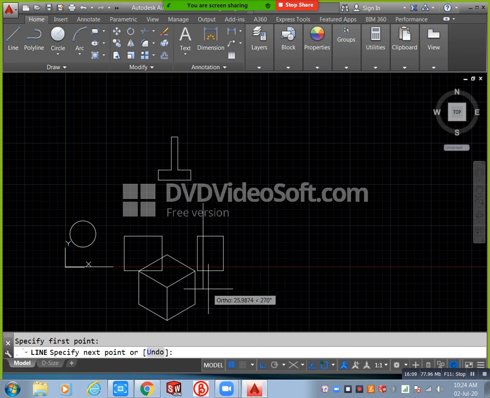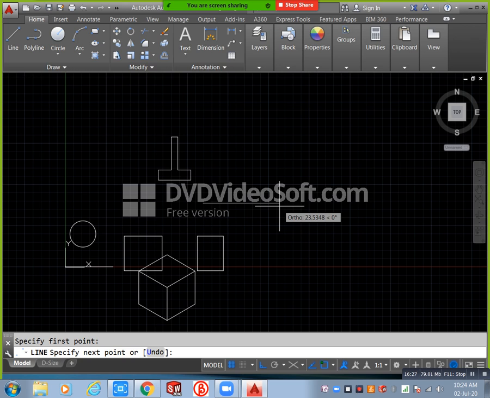We no need to mention our x distance and y distance. Why? Because we already mentioned our requirement in F8, that we only need straight lines. In the straight lines condition only one value will change, right? In that condition you can change your direction only, and automatically you will get your final result. Okay, next one is F9.